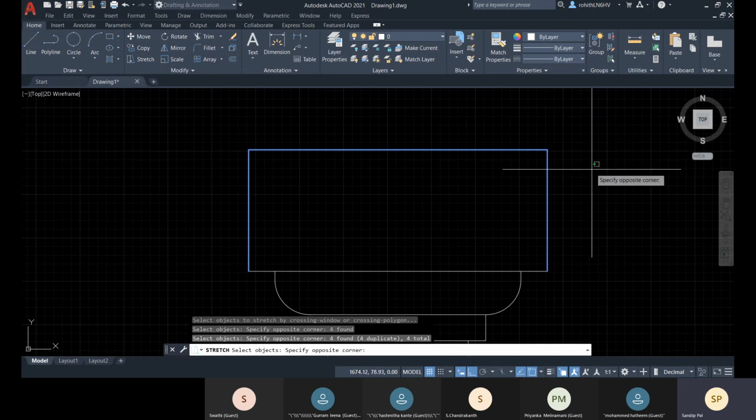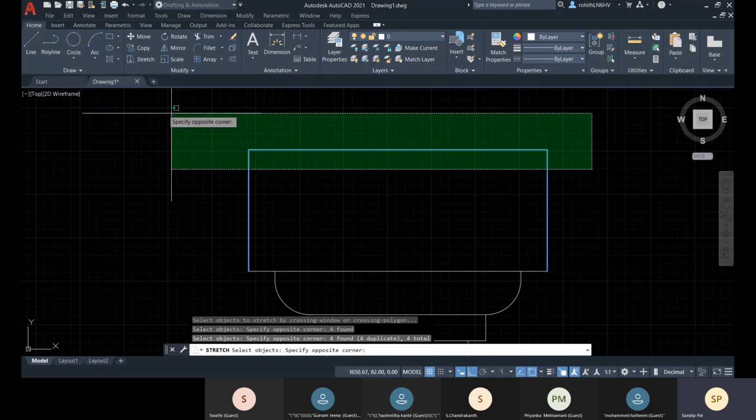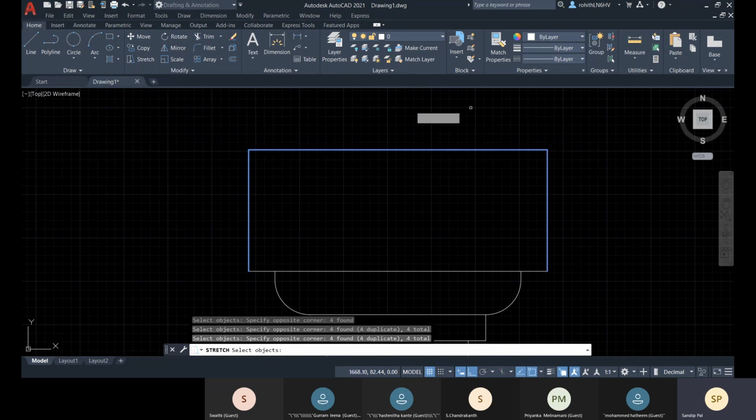That doesn't matter. I'm selecting like this because I'm going for stretch, and you know that whenever you stretch a rubber band, you fix your left hand holding that rubber band's one end, and then you move the other end of that rubber band with your right hand. So it's like the same.